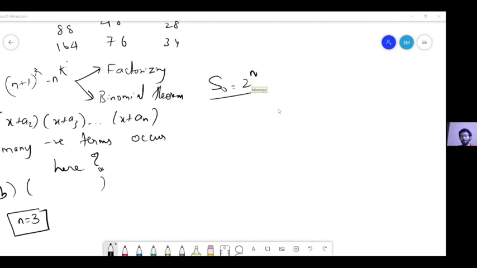Right. So do you see any connection between this 2 power n and the Fibonacci sequence? Does it look like Fibonacci? Does the Fibonacci sequence look like 2 power n? Yeah. Then I think that works even for 3 power n and 4 power n, I think. Interesting. I need to check it out.